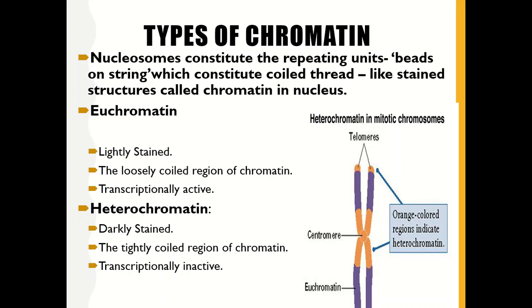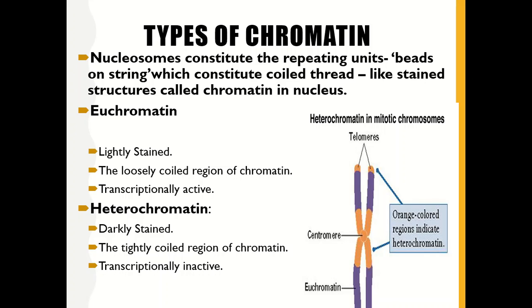So we have two types of chromatin. One is euchromatin and second is heterochromatin. Now we will see here the difference between euchromatin and heterochromatin. So euchromatin is lightly stained, and the loosely coiled region of the chromatin is called the euchromatin. It is a transcriptionally active region, and heterochromatin is darkly stained,